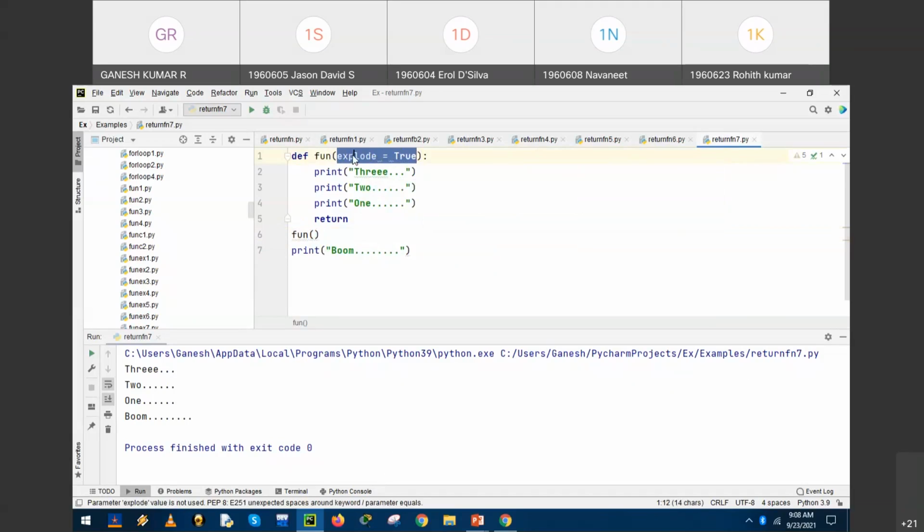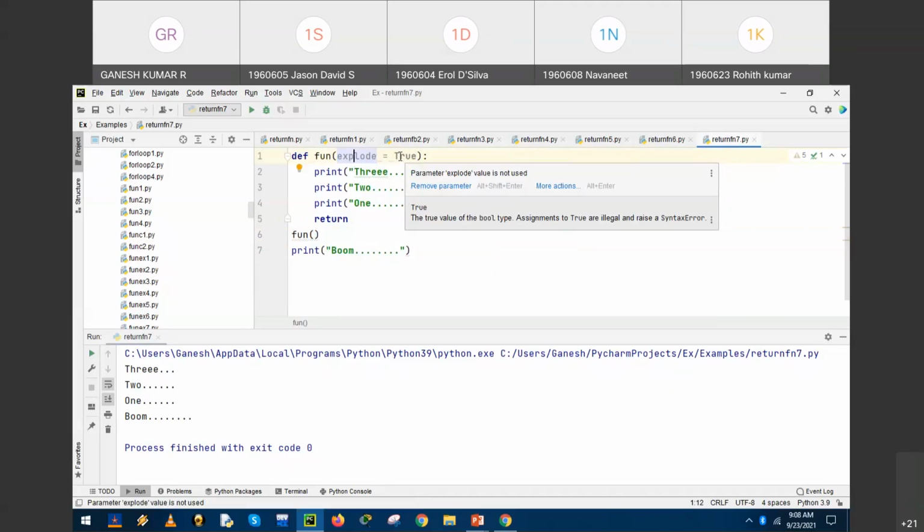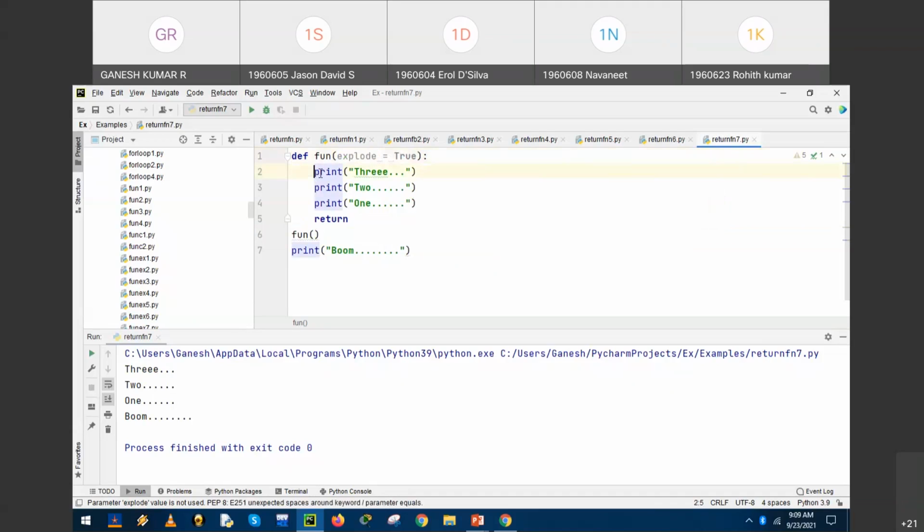That is why we introduced the parameter explode is equal to True, a binary value. Since it is True, the function body is executes: 3, 2, 1. Return stops the execution, and the control jumps out of the function definition. The next statement after the invoked function is print boom, so we get the output 3, 2, 1 and boom.